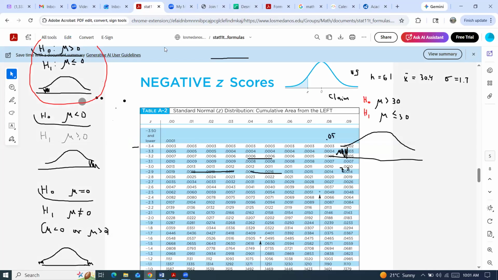And in these tables, now I need to find the area 0.05. So among the areas, I have to locate the closest to the one we have. If you start on the top and keep going down, you will see where 0.05 is supposed to be. 0.0505 and 0.0495. So between 0.0495 and 0.0505 is 0.05, exactly. It is right in between. Remember, there was an asterisk. So what I do is follow the arrow down and see it's